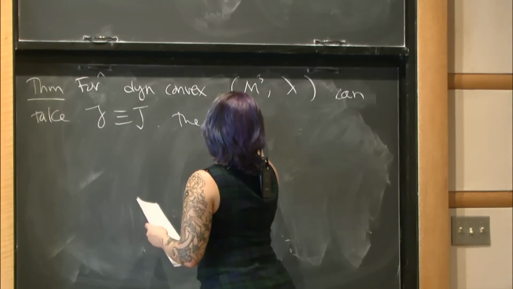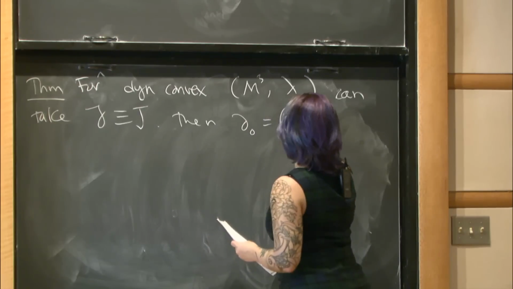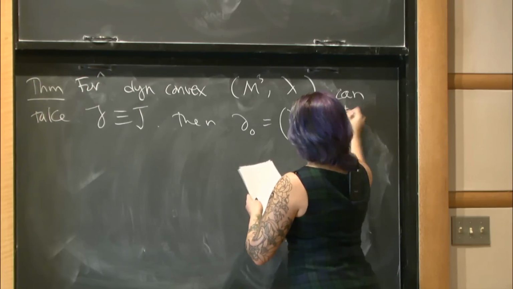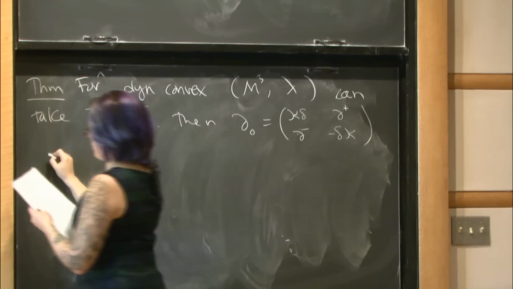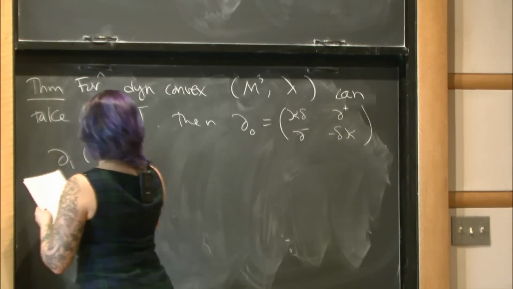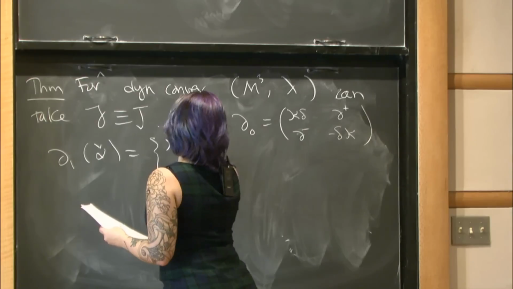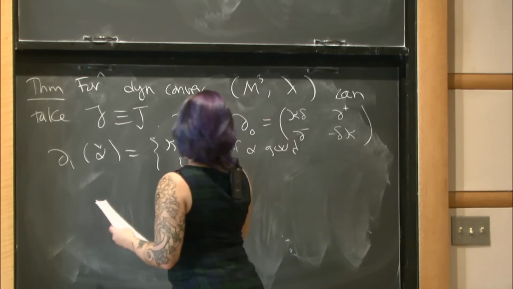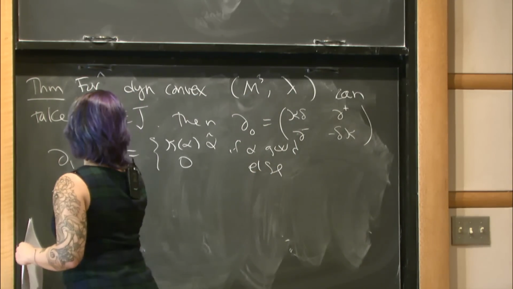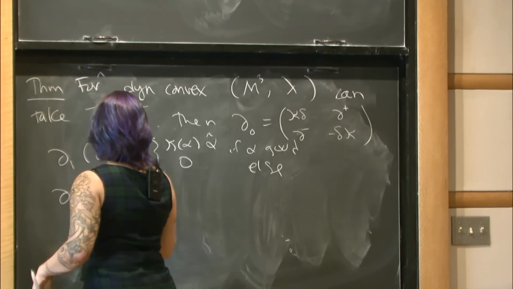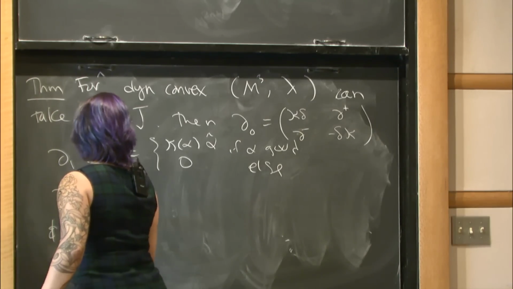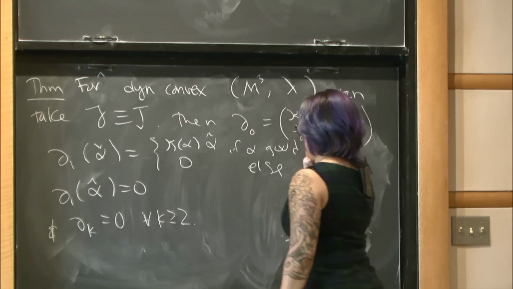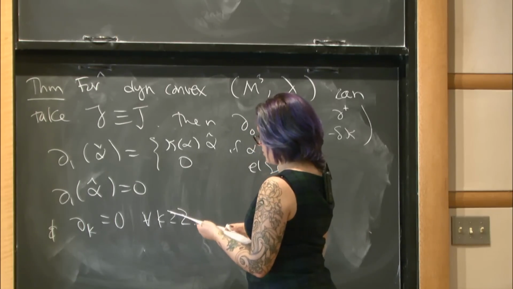Then we'll get that D0 looks like kappa, delta, negative delta, kappa, and I have my D plus and my D minus. Then D1 of alpha check is going to be kappa of alpha check if alpha is good, and 0 otherwise. I'll have that D1 of alpha hat is equal to 0, and D_k is equal to 0 for all k greater than or equal to 2. And as a result,